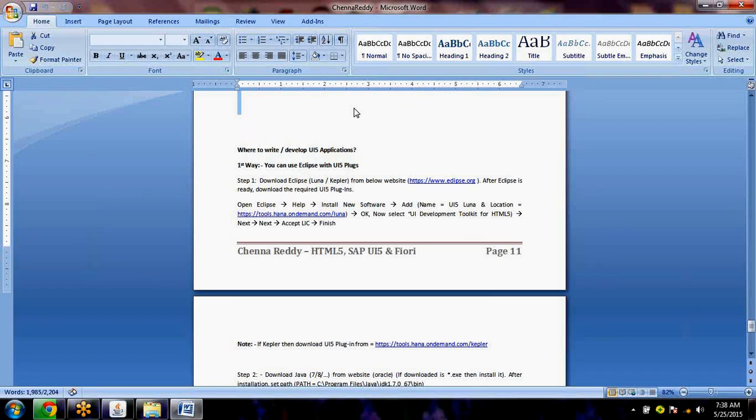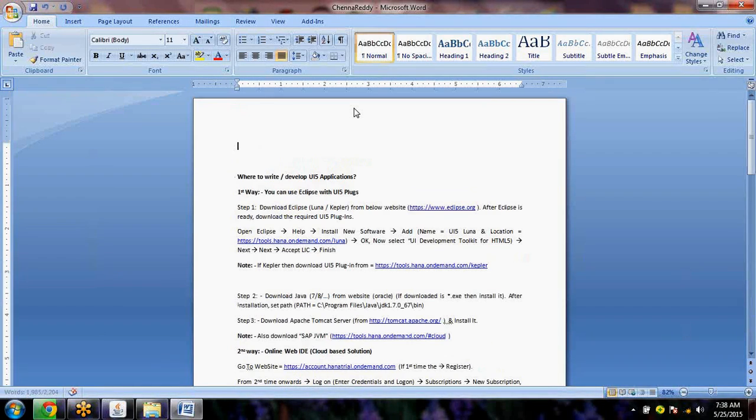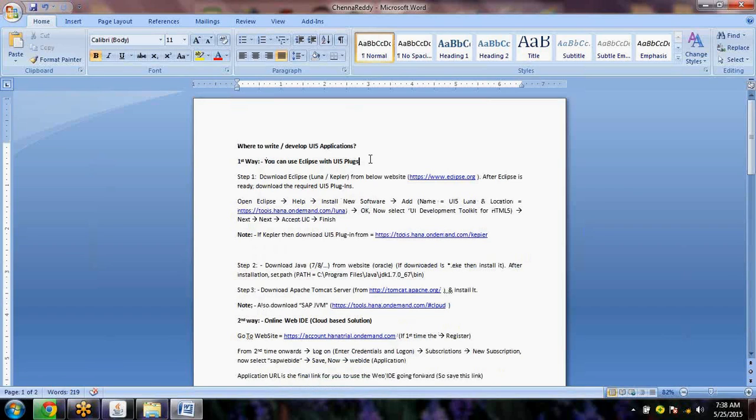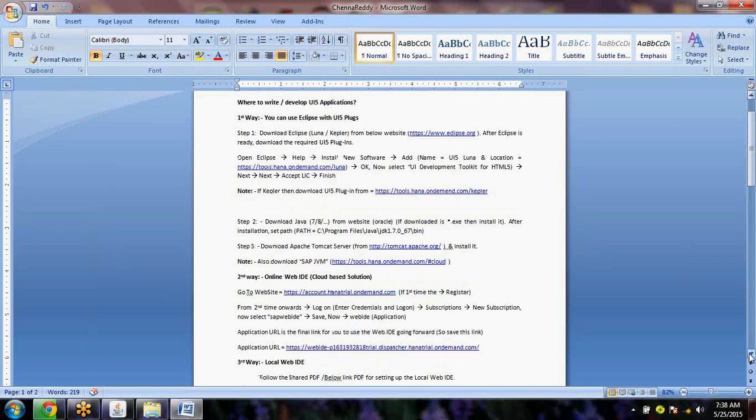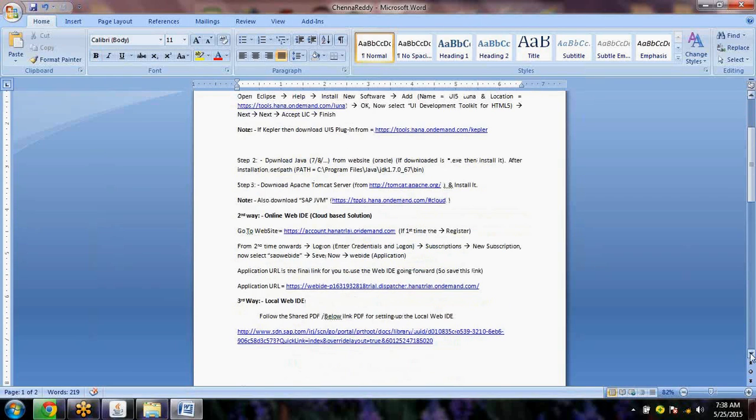Okay, so how to set up where to write UI5, where to develop a UI5 application. The first way is Eclipse, we have seen. The second way is web IDE. The third way is local web IDE. So how to set up the local web IDE, we are done. So the next thing is